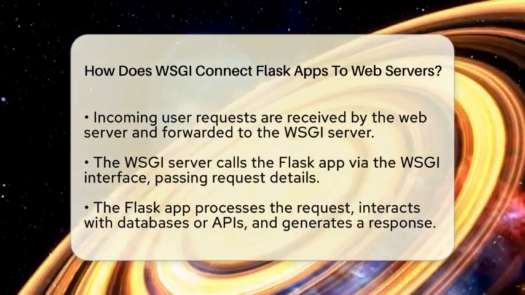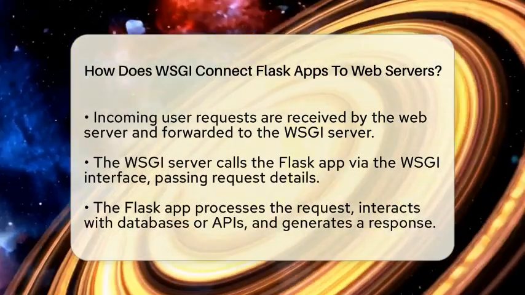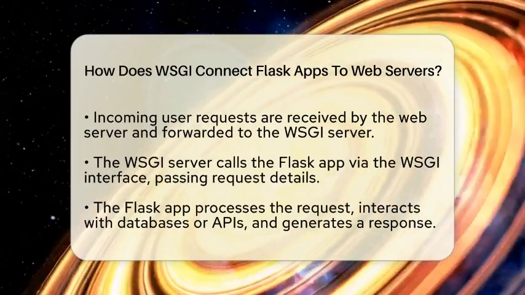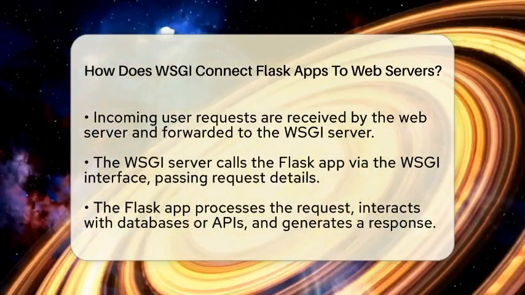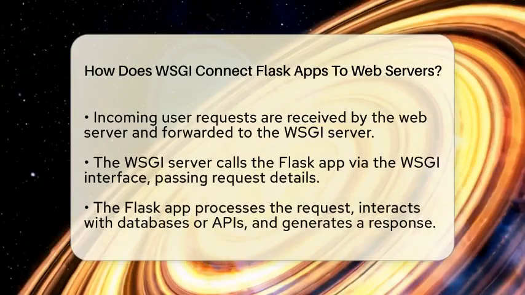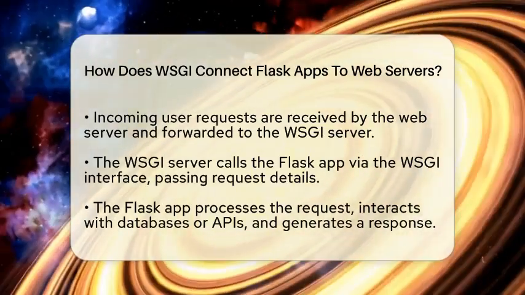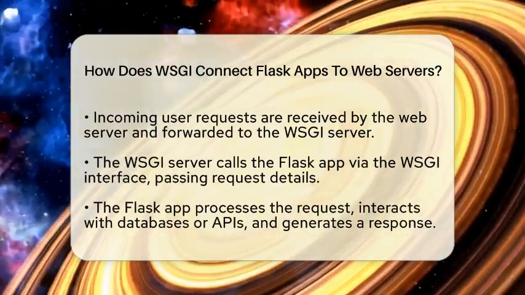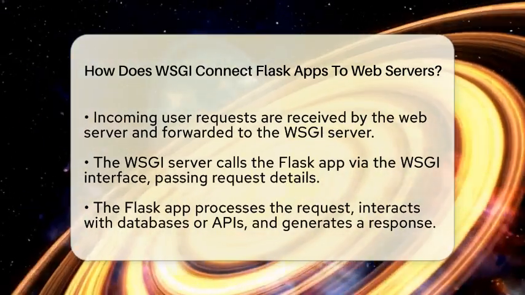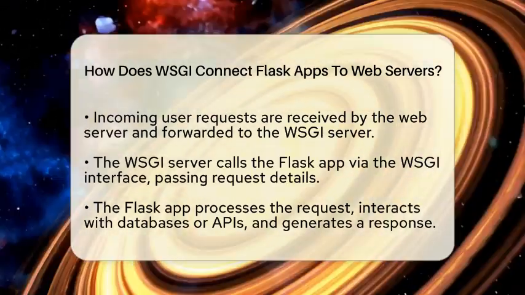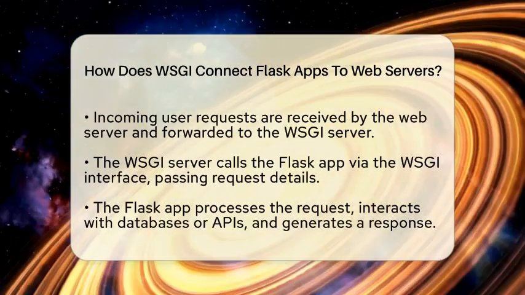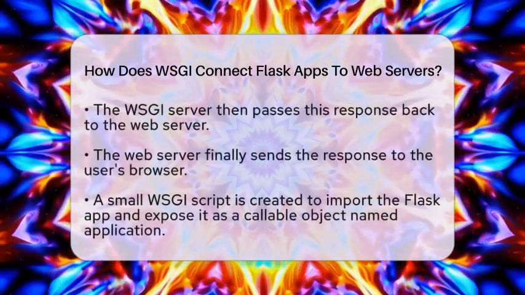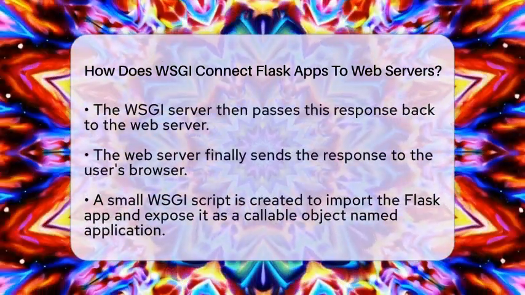In a typical setup, you use a WSGI server like Gunicorn or uWSGI to run your Flask app. The web server receives incoming requests from users and then forwards those requests to the WSGI server. The WSGI server then calls your Flask app through the WSGI interface, giving it all the request details. Your Flask app processes the request, maybe interacts with a database or calls an API, then sends back a response. The WSGI server takes this response and passes it back to the web server, which finally sends it to the